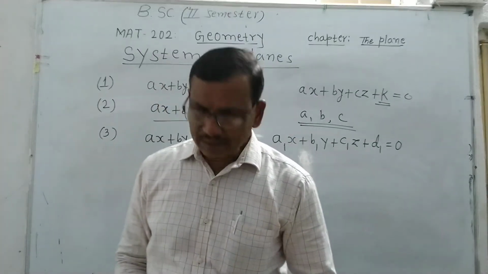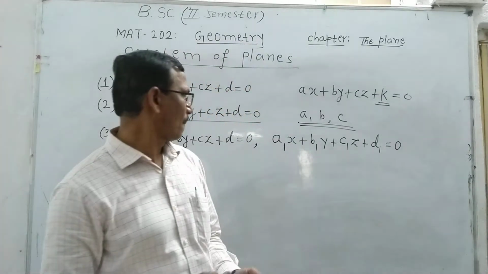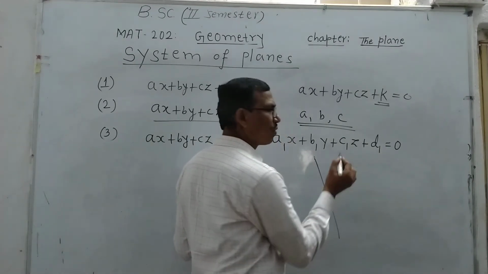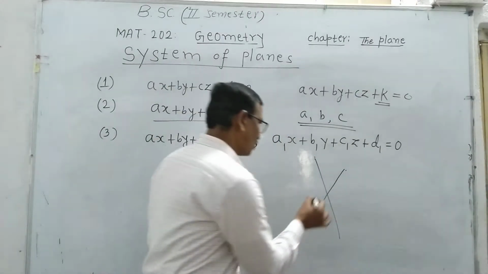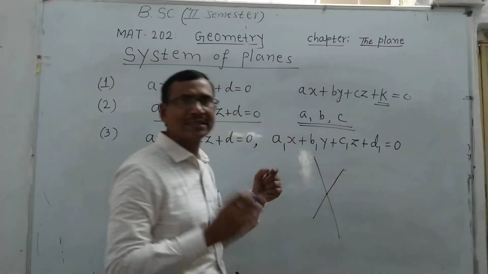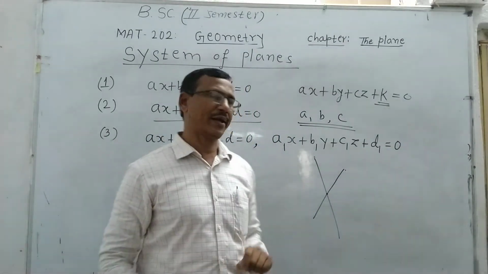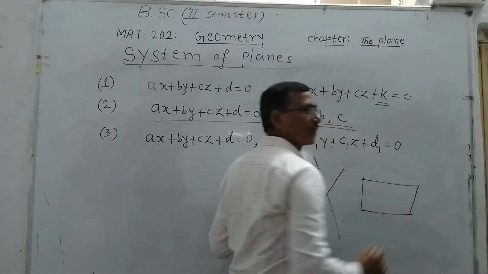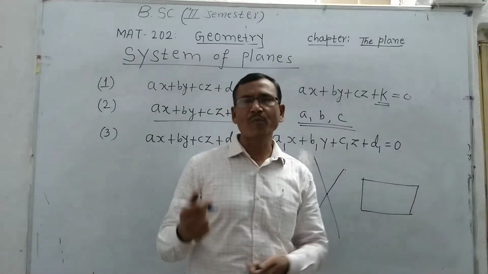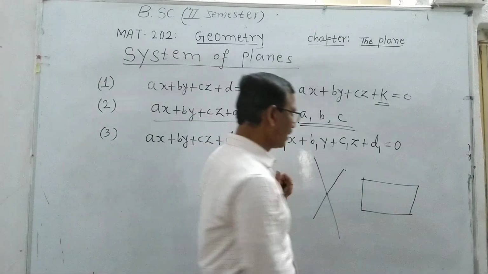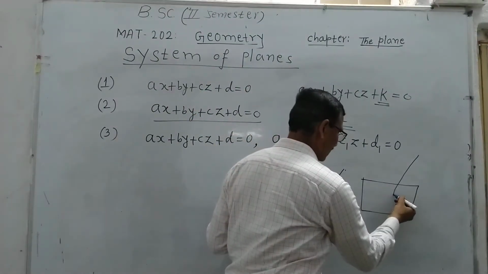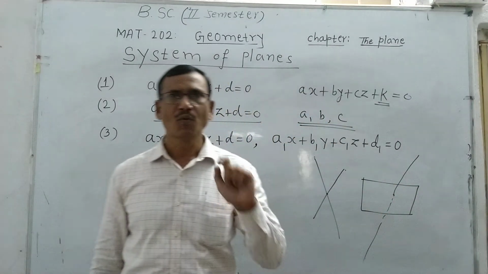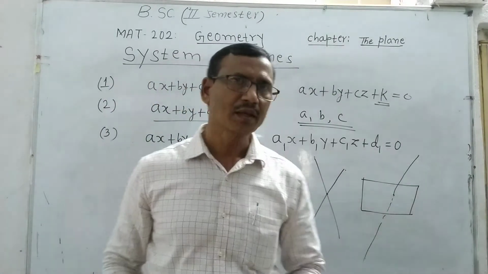As we know from school level, the intersection of two lines, this is line 1, line 2, is a point. Two lines intersect in a single point. If we consider a plane, a line intersects the plane in how many points? It is also 1 point. It passes and goes downwards. A line intersects the plane in 1 point also.